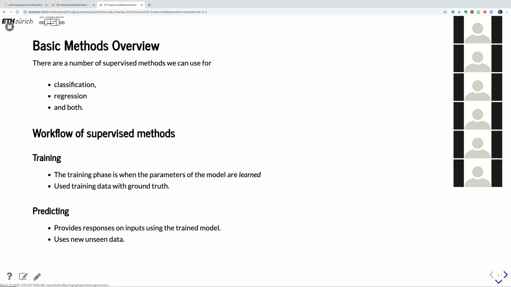So there are a lot of different techniques we can use the supervised techniques on. So one is the classification problem and the regression problem, and of course you can combine them in some way. Typically for the supervised method is